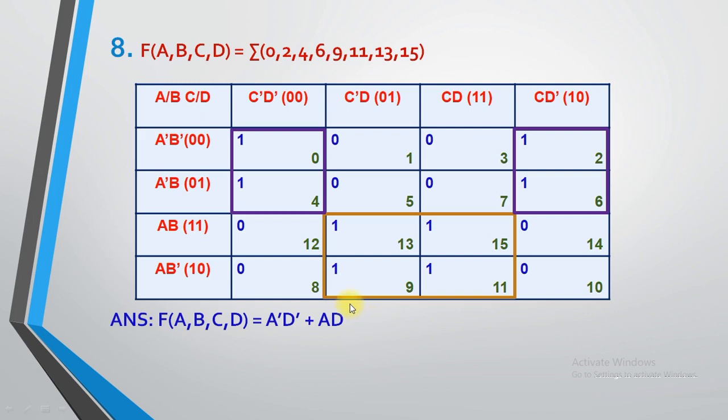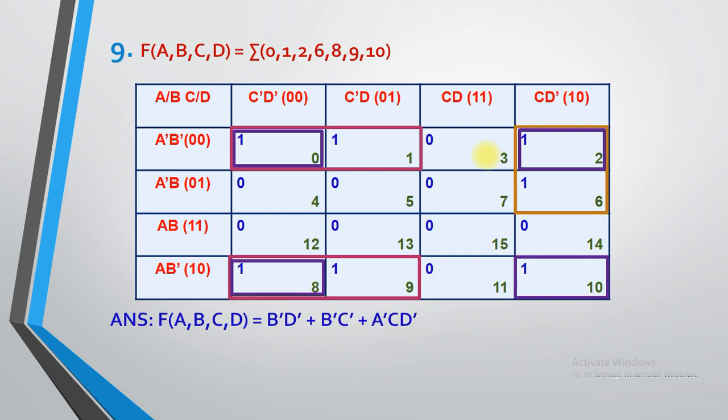The only thing you need to keep in mind is what? While you give the cell numbers, give them properly, otherwise you will not find the proper answer. So be careful while you assign the cell numbers to the K-map. That is the main thing. After that you need to form the groups. After forming the groups, you need to use your hand to hide the unnecessary columns and rows, and based on that you can find the answer.